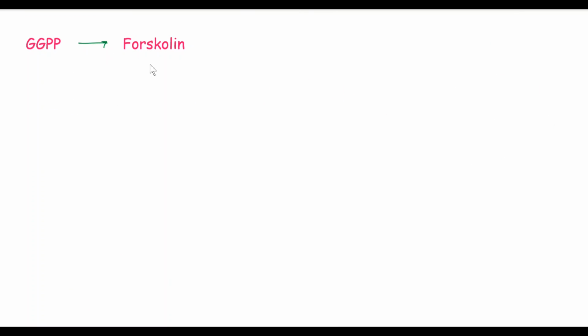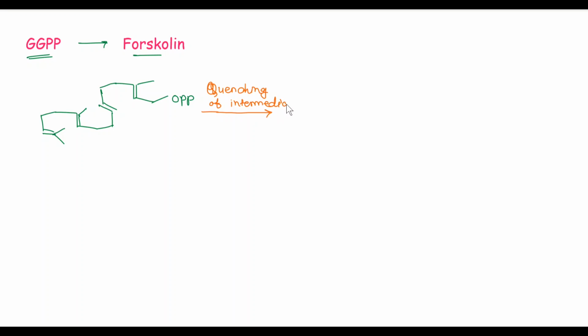Now we will see the biogenesis of forskolin from GGPP. Structure of GGPP. Here OPP. So the first step, quenching of the intermediate by a water molecule. So here a lone pair of oxygen attacks this carbon atom. This carbon attacks this carbon. This double bond attacks and here H plus takes place and we get